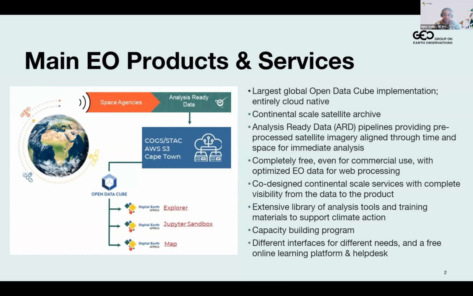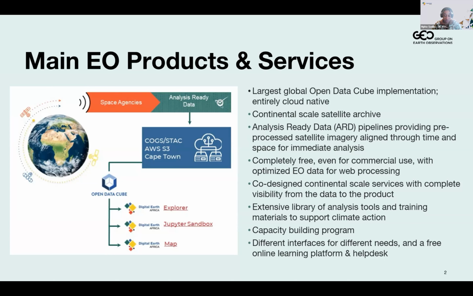And the entire system is cloud native, which removes the need for users to have their own high performance computing infrastructure. And at the core of Digital Earth Africa is Open Data Cube, which enables us to organize and analyze large volumes of satellite data across space and time. And the Digital Earth Africa Data Cube is actually currently the largest implementation globally of an Open Data Cube.